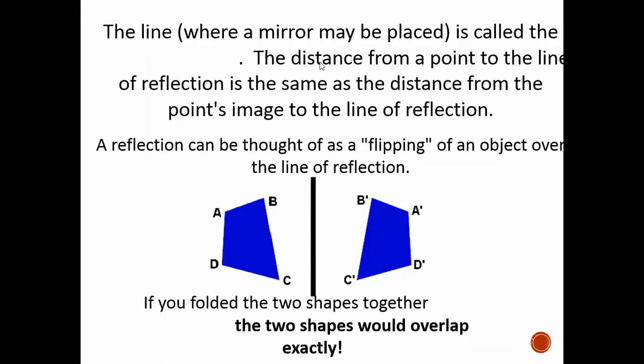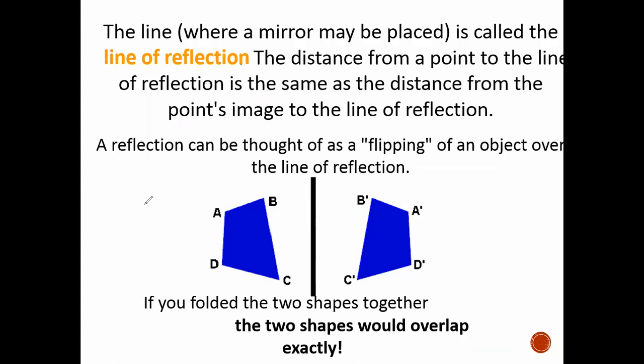Okay, the line where a mirror may be placed is called the line of reflection. The distance from a point to the line of reflection is the same as the distance from the point's image to the line of reflection. A reflection can be thought of as a flipping of an object over the line of reflection. For example, as you can see here,